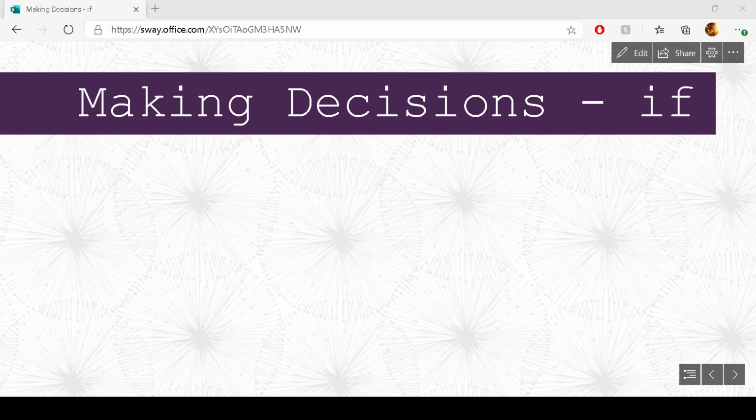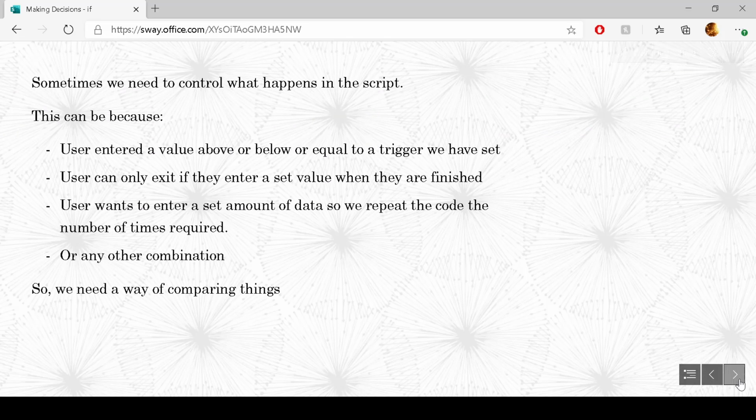In this recording, we will look at making decisions within a script. Okay, so the first option that we'll have a look at is using if. Sometimes when we're inside a script, we have to make a decision as to what we want to